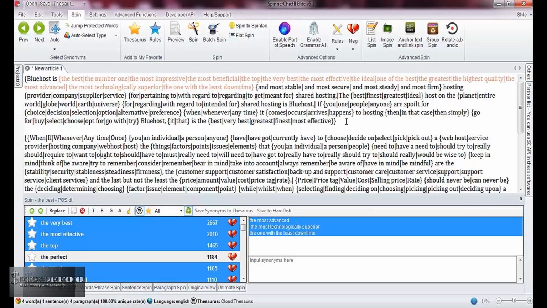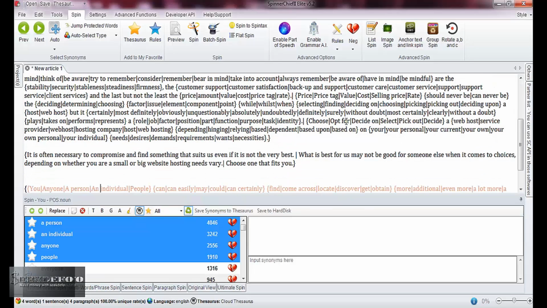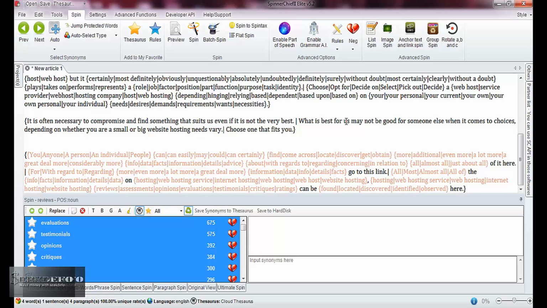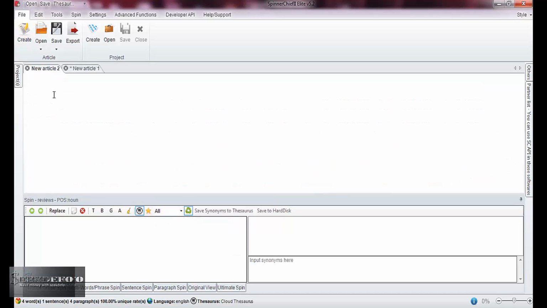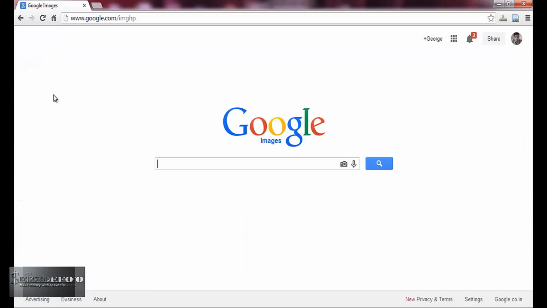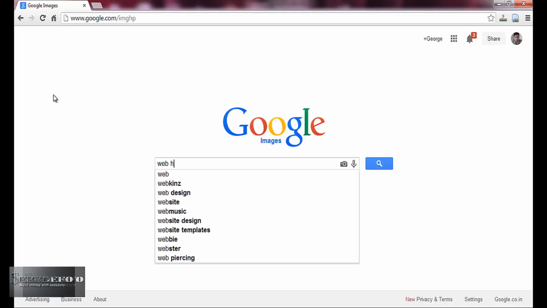So once we have done the spinning at the sentence and word level, we will just go to create new article, and what we are going to do next is spin in images and videos into this content. So let's just go to Google Images and I will show you my tips and tricks on how you can do that. So in Google Images, just key in